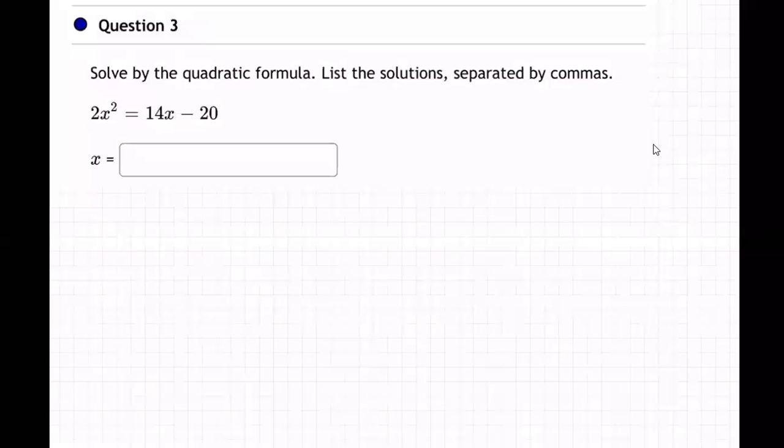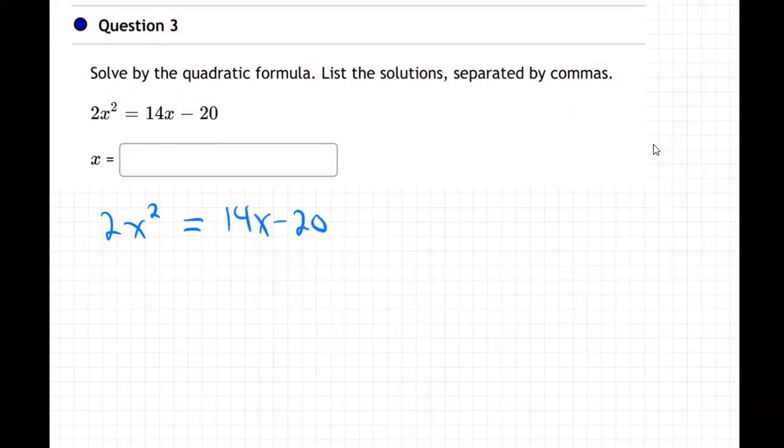Okay, so this one says solve by the quadratic formula, list the solutions separated by commas. Okay, so let me bring it down here. 2x squared equals 14x minus 20. Okay, so let's talk about here